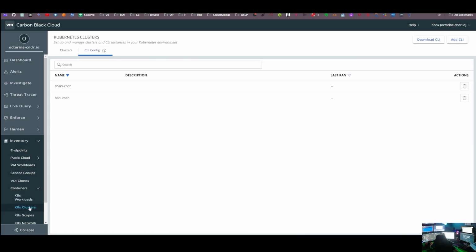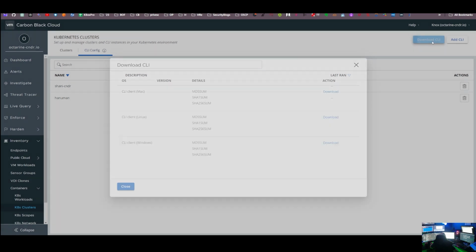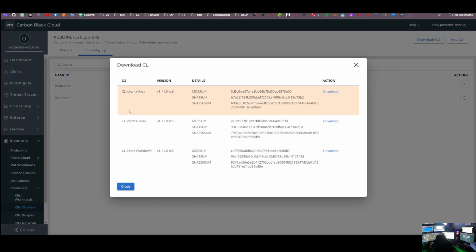So here under clusters, you're going to want to click on CLI config, and then you either need to add a CLI. If you don't have API credentials already for scanning, you would go through this little wizard and create your API keys, and then make sure you download the version that you need, either for Mac or for Linux or for Windows. But what we are